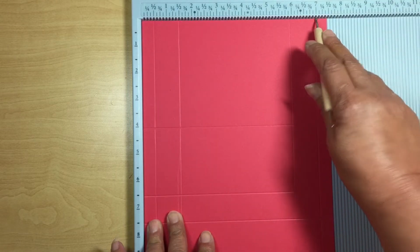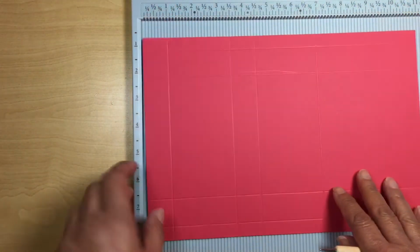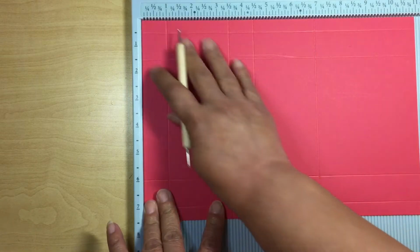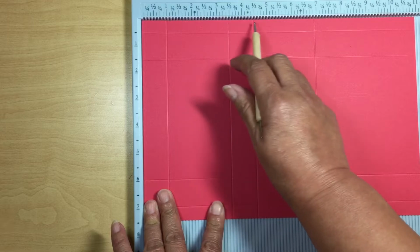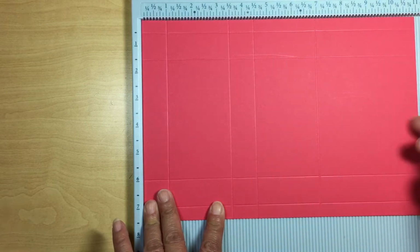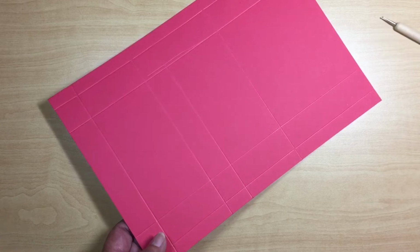and at 7. And you just score all the way down, and then you flip it over on the short side, and on this side you're going to score at 1 inch, at 3.5, at 4.5, and at 7. And that's all the scoring that you need to do. So you take your paper,